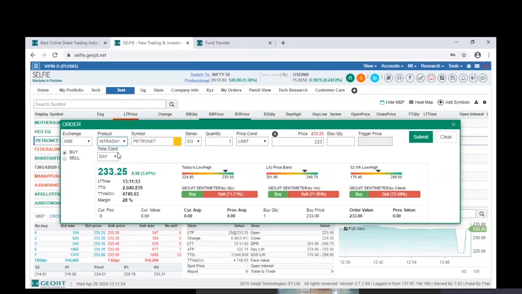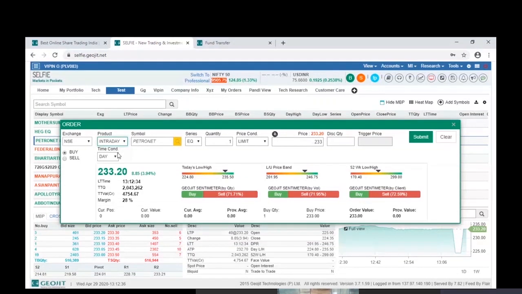Now, please note that on intraday, when you place the order, you have the option to go for a short. Short means you can first go for a sell instead of a buy. So for intraday positions, we just check the margin. We don't check the holdings. So as an investor, coming to the market for the first time, you can even sell a share on a trading day, and on the same day you can square it off, making a profit, or whatever loss you have made, you will have to book that loss or book that profit. If you are not squaring it off on your own by 3:10, then the Geojit system will run an auto square off, and it will be squared off by the system.